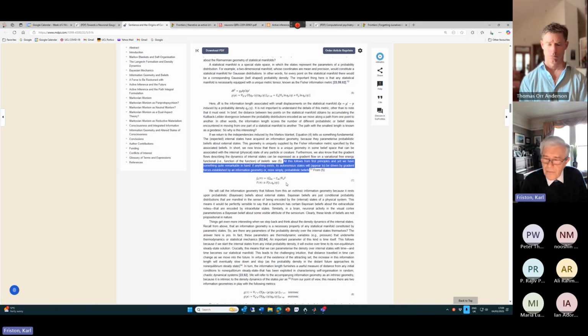Interestingly, if you drill down into the maths, you can always understand a free energy gradient or a force as a prediction error. And there are a number of ways of revealing or unpacking that in discrete or continuous state space models. But from your point of view, you just want to make the point that all of this is about changing your mind about states of affairs out there in an optimal way that can always be expressed in terms of some forces that change your mind, and these can be cast simply as a gradient flow on a statistical manifold